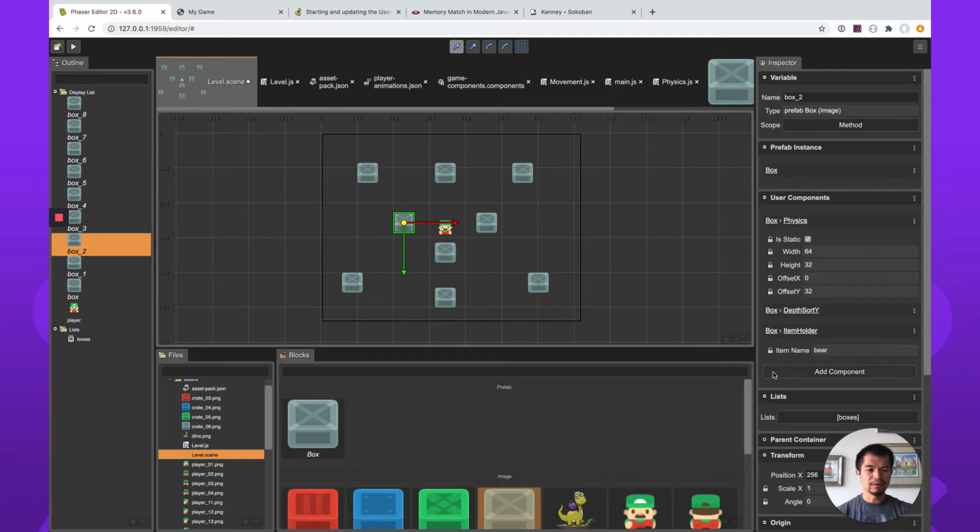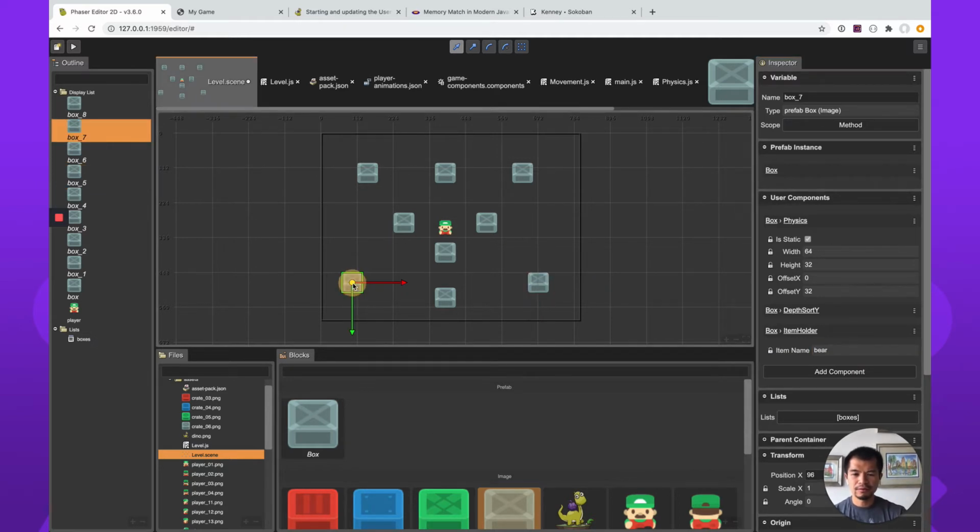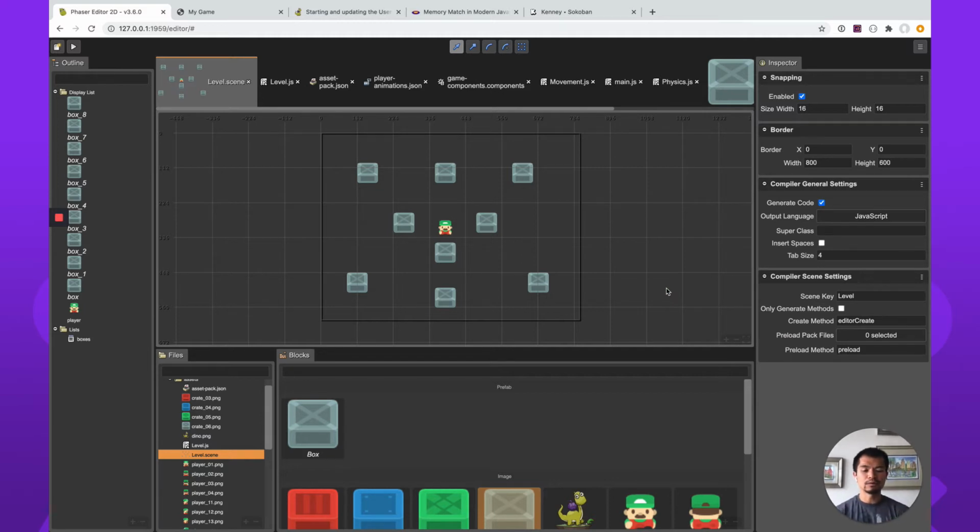Right, you get to design this level like this now. Let's call this penguin. And let's say this is penguin. Then let's say this is, what was the other bird? Duck. And then now let's say this is duck. Now I have a parrot somewhere. Let's say this is parrot. Parrot. And now this will be chicken. This is offset. Go. Chicken. Save. So now each box has an item holder component that has the item name in it, and it's going